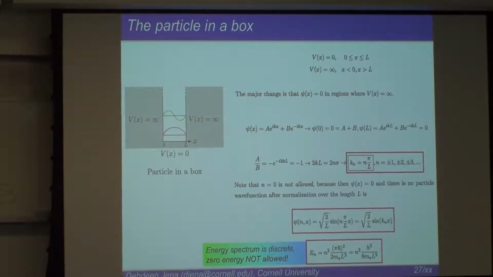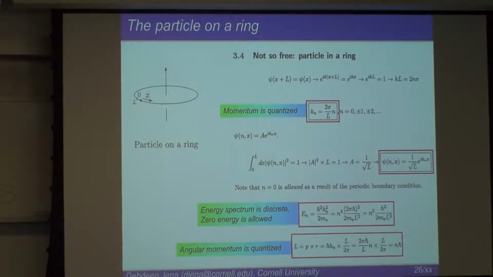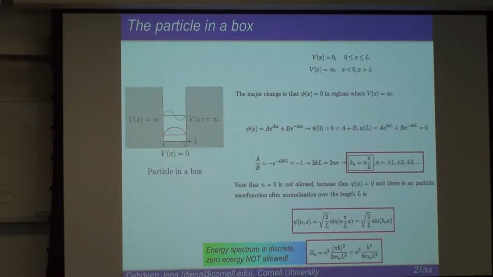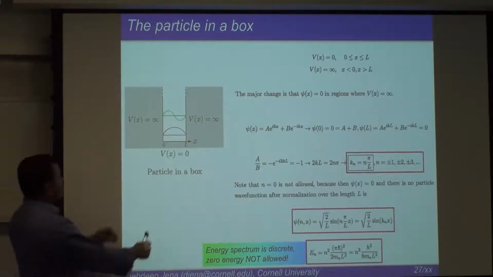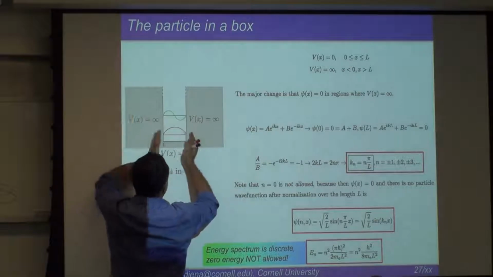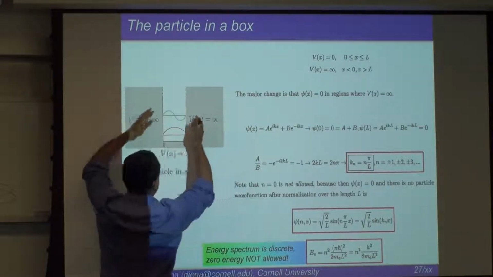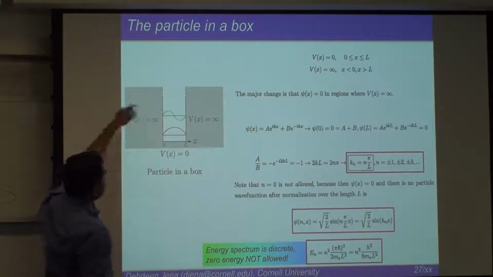unlike the particle on a ring problem where there was no potential really, the electron was still looking at a uniform, constant potential. Here there's an abrupt step. So the electron sees an abrupt step, and it's really inside. This example is an infinite potential here, as an example. So if you have infinite potential,